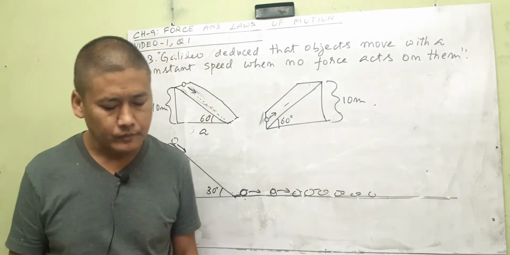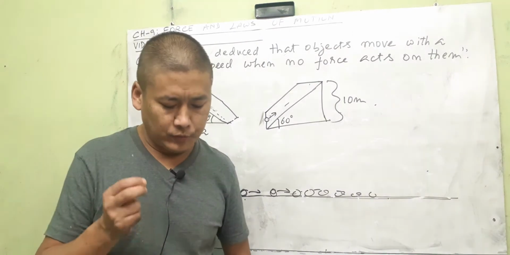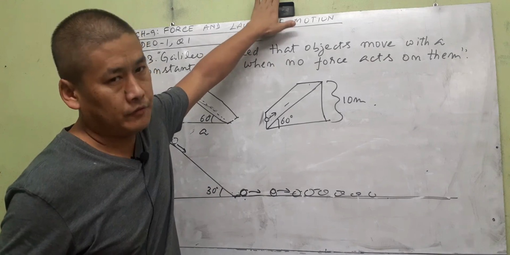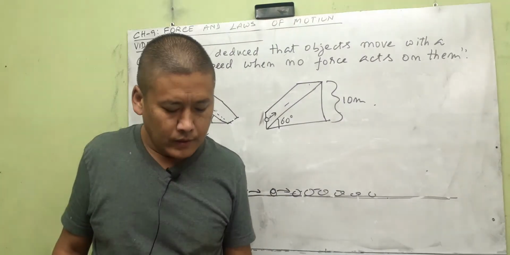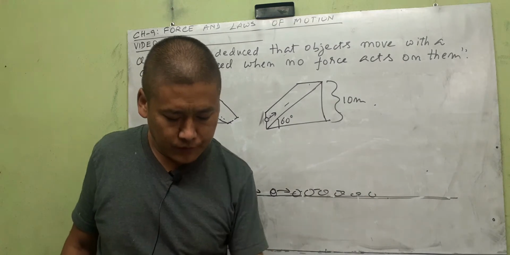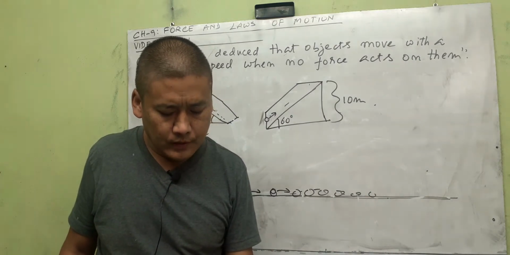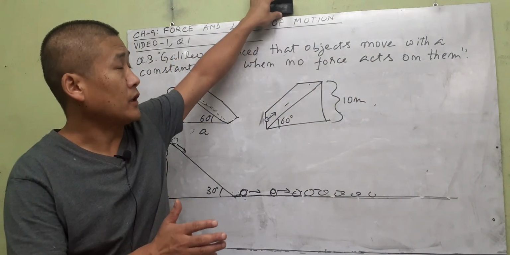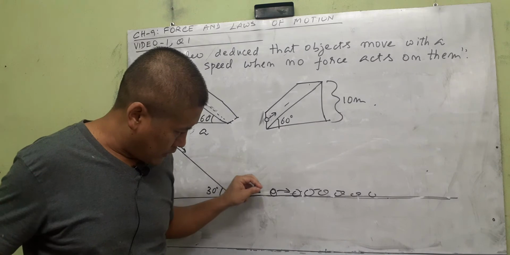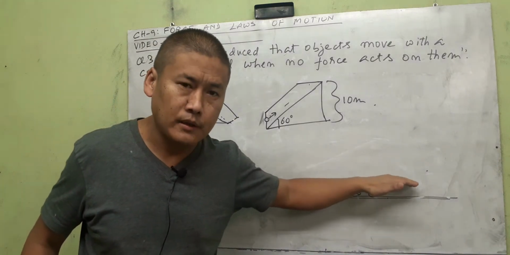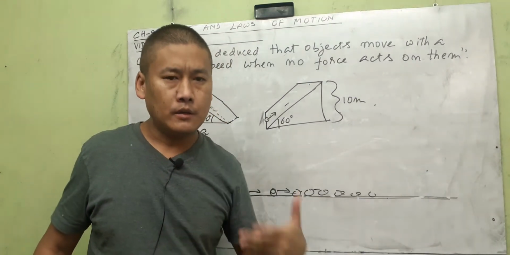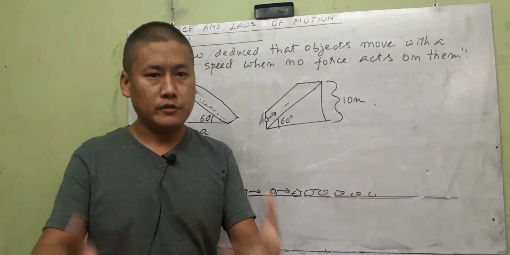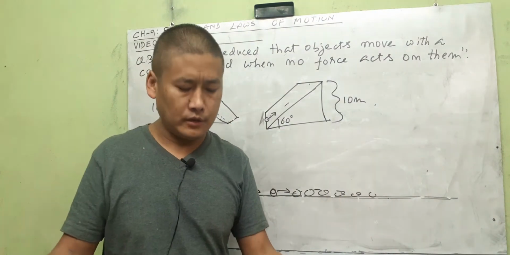Question number 6. The tendency of an undisturbed object to stay at rest. This duster has a tendency to stay like this forever at rest. Or a body in uniform motion to keep on moving in that motion, at the same velocity, is called inertia. So what is inertia? This tendency of the duster to remain at rest forever and the rolling ball with uniform velocity to remain at that same velocity forever. This tendency of a moving body to continue in motion and the resting body to continue at rest, this tendency of all objects in nature, is called inertia.